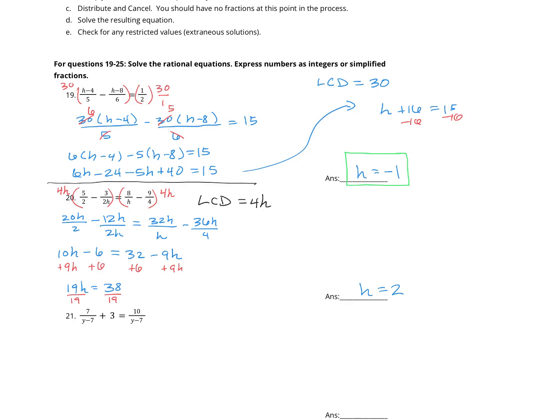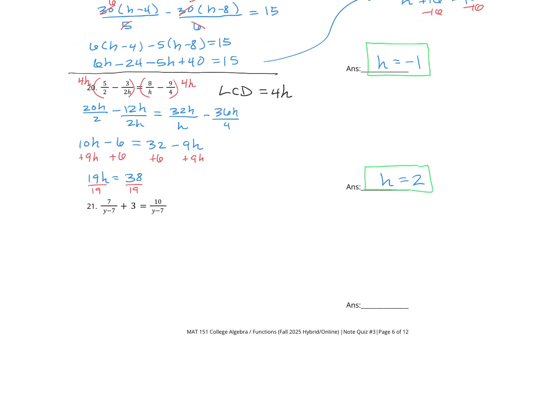Now again, before I get happy and just go running with that 2 that I got, I have to make sure I check for extraneous solutions. This time around, I wouldn't want h equals 0 for my answer, because dividing by 0 is undefined in mathematics. But 2 doesn't do that. 2 stays a 2. All right, last problem on this page,